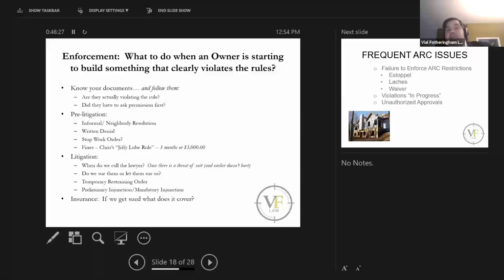Remember with fines, the VF Jiffy Lube rule, three months or $3,000. Fines are designed to deter bad behavior. They're designed to get people to either stop doing something that they shouldn't be doing or to start doing something that they haven't been doing. And if this goes on for three months or $3,000 or more, then fines aren't working and you need to